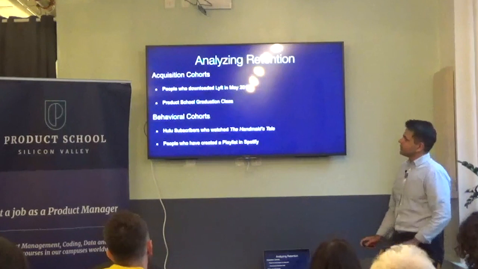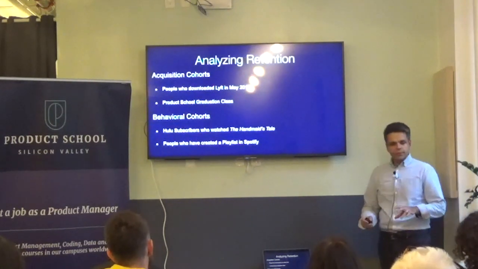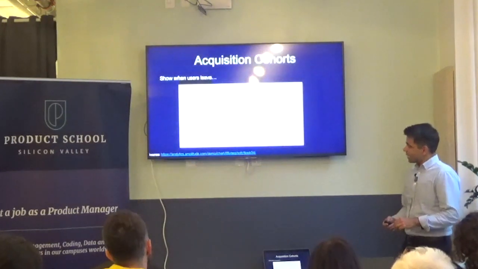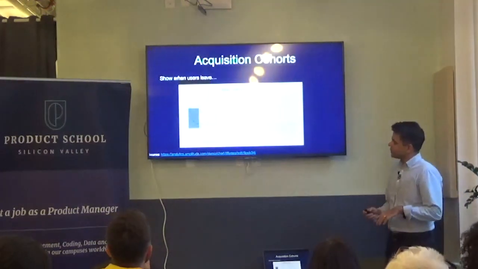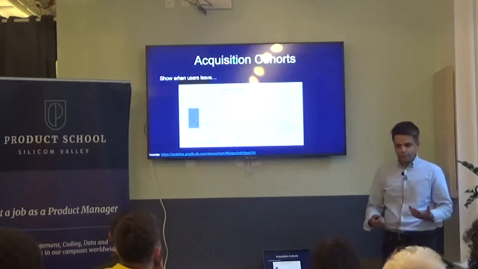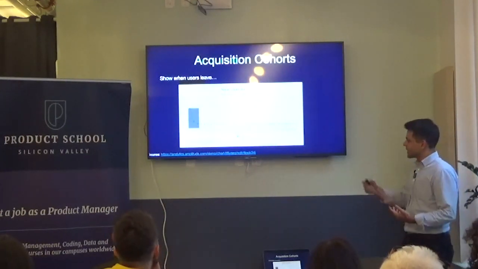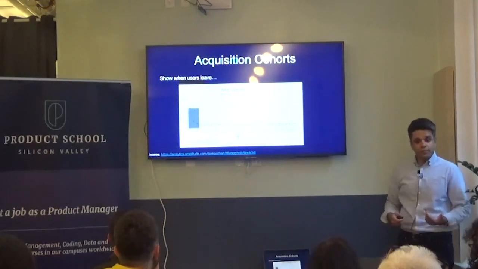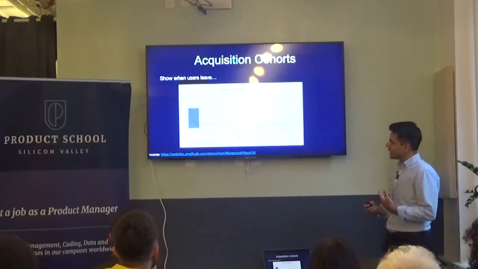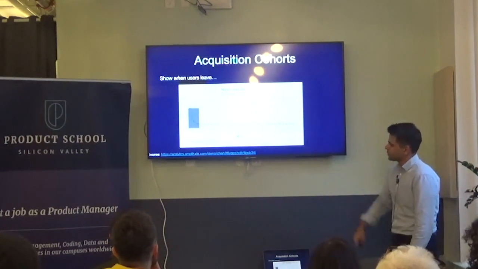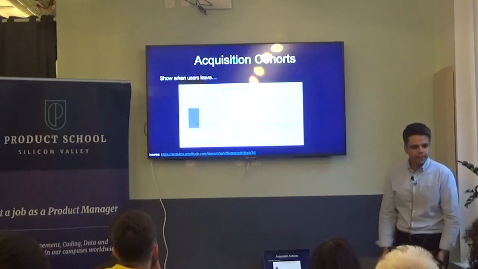So you can use these things. Acquisition cohorts and behavioral cohorts will tell you different things. Acquisition cohorts are really great to show you when users leave. As we saw, when I look at this chart, the thing that stands out is your longer term retention is looking pretty good. You should be pretty happy about that. But if you're looking for room for improvement, you might look in those first few days and try to analyze